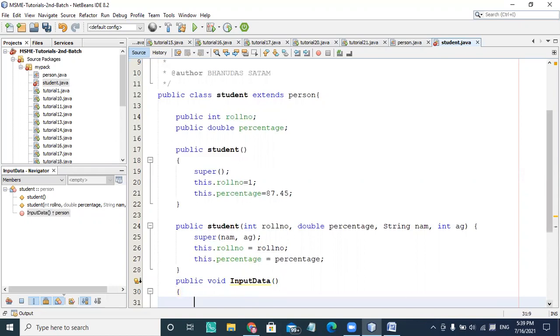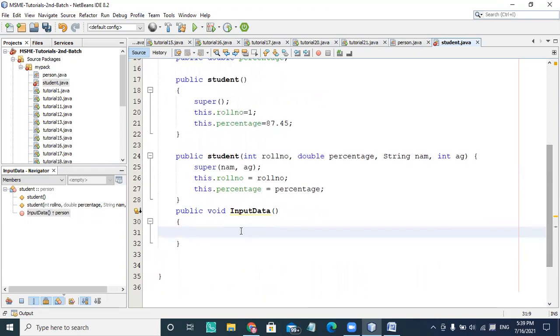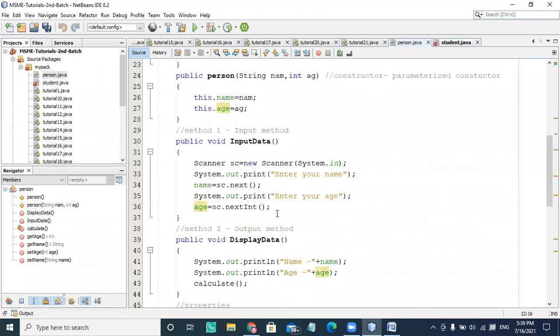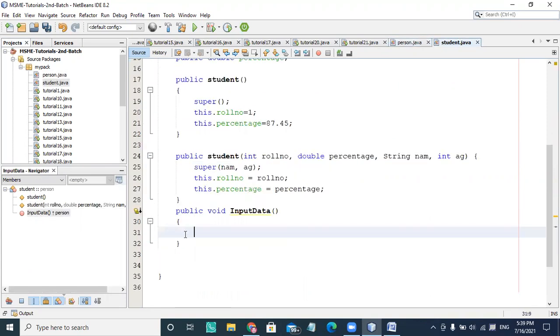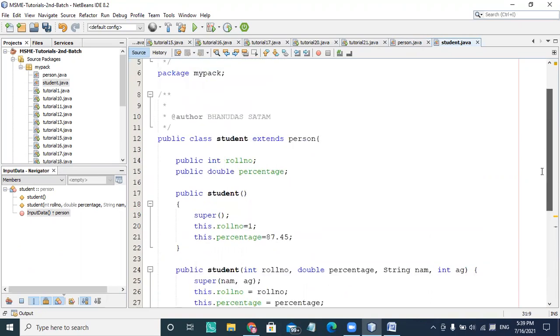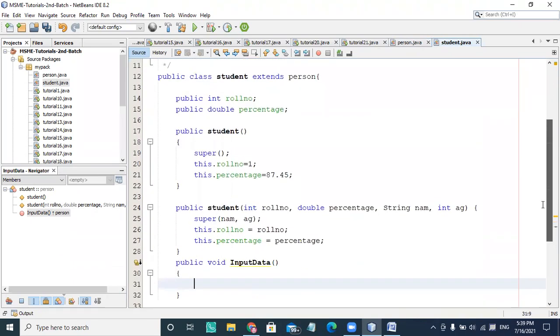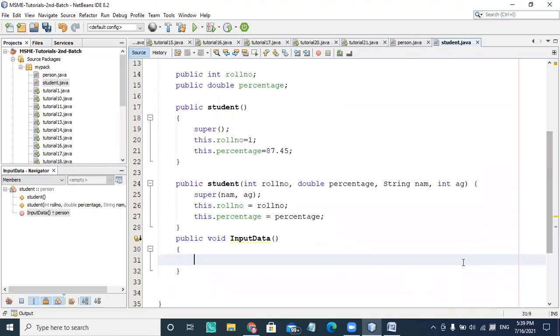So input data will do, and if you want to keep the same name here, input data, in student also I'm keeping the same, but it is only inputting the data of the roll number and percentage. So I'm going to write accordingly System.out.println and say the roll number here, and then I need a Scanner object.